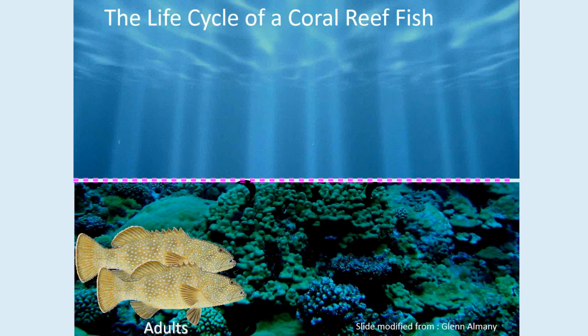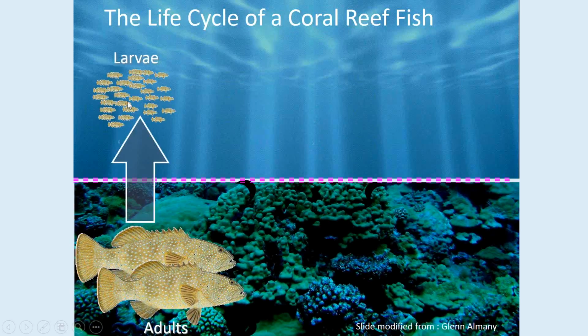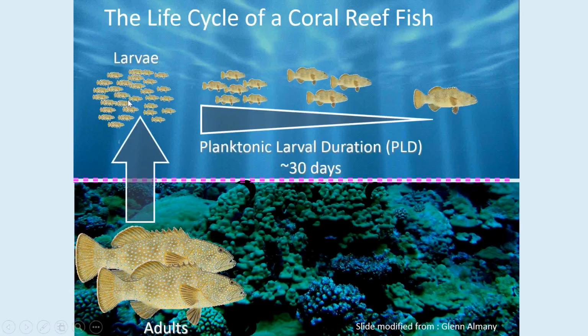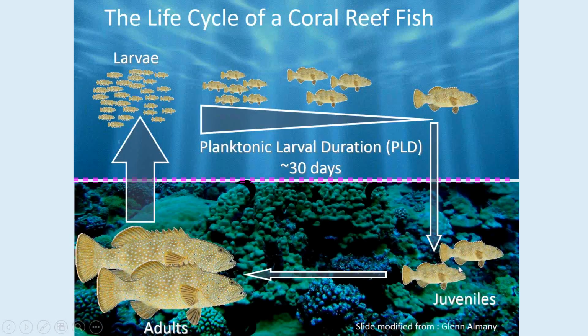Before I do it, I just want to remind everyone about the life cycle of a reef fish because it has important implications. When you swim around a reef, once again I'm going to use a coral trout, but just imagine your favourite food fish. You see these adults here. When they reproduce, the eggs and larvae go up into the plankton where they float around for some period of time. Depends on the species, can be a few days, few weeks, a month or a few months. Coral trout is about 1 month. And while they're up there, they're growing and developing before they settle back onto the reef as juveniles, and then they spend the rest of their lives on the reefs.